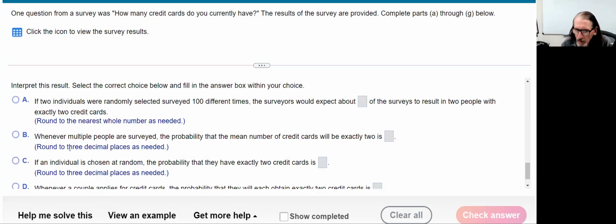So if they had selected two of the individuals randomly over and over again, we would expect, since that number was 0.0961, if you multiply by 100, 9.61,